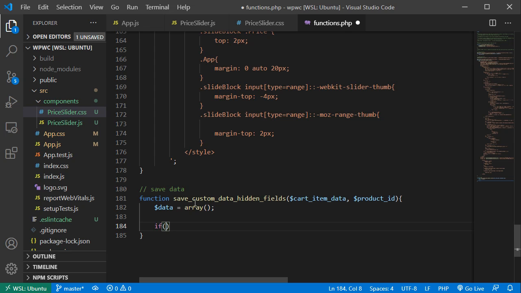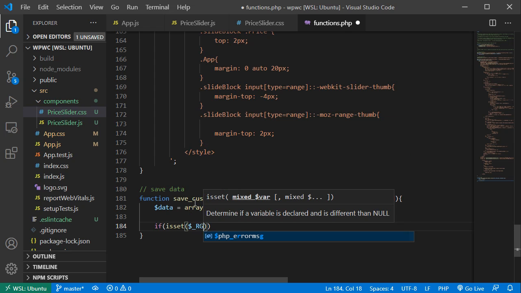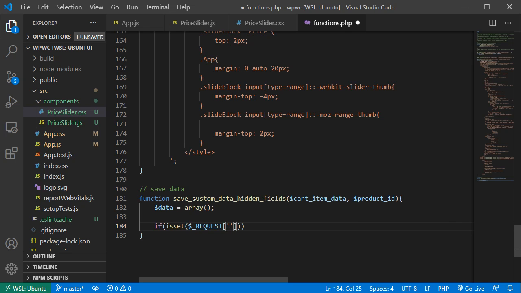So if isset request, and we have the price product because that's the name of the field, price prod abbreviation. So if it's set,